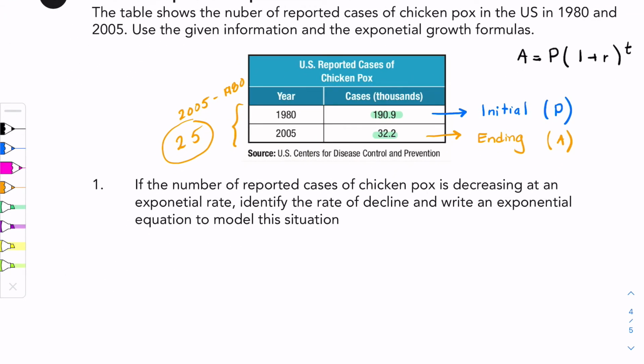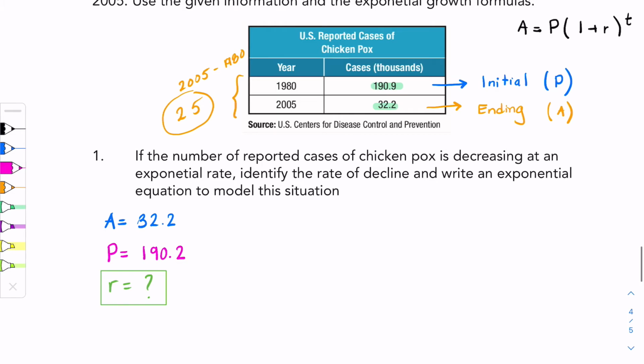All right, writing down everything we know. We have our initial amount. We have our ending amount. We have the total. Our answer is 32.2. We have our initial amount, or the starting population, which is 190.2. We are missing our rate, so we need to find the rate. And lastly, we know the time is 25 years, from the start of 1980